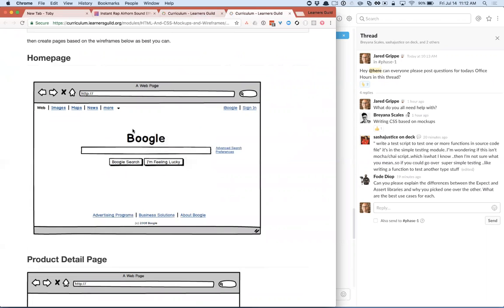Cool. So how would we implement this wireframe? So wireframes are intended to be ambiguous on purpose, right? You can kind of see that all of these lines are squiggly lines, right? They're meant to not be sharp. You can see that these lines here are kind of wiggly. And the reason they do that is because if I give you a wireframe where it looks high resolution, it looks like there actually is specific detail, right?